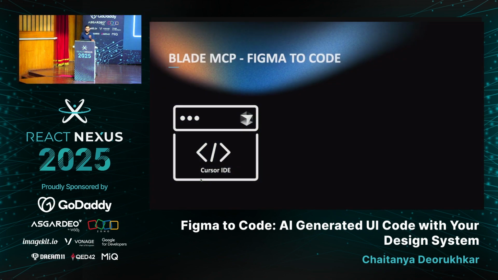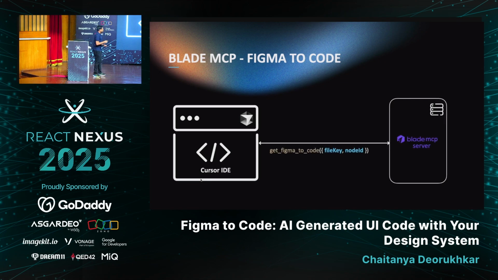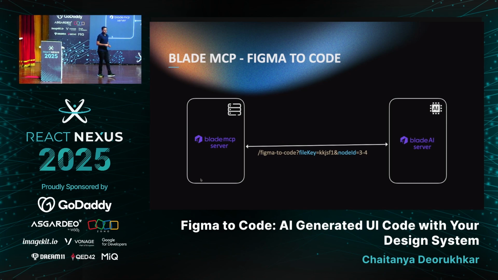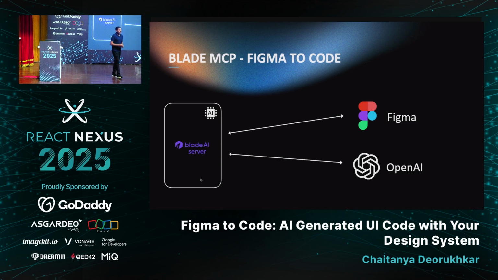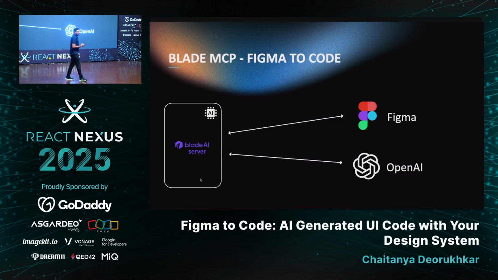So let's dive a little deeper into that. What happens is, when Cursor calls the get Figma to code tool with the file key and node ID, it reaches Blade's MCP server. Blade's MCP server simply forwards it to Blade's AI server with an API call, and it sends the file key and node ID. Now this is where all the magic happens. This is where Blade's AI server will figure out how to talk to Figma and OpenAI to actually convert